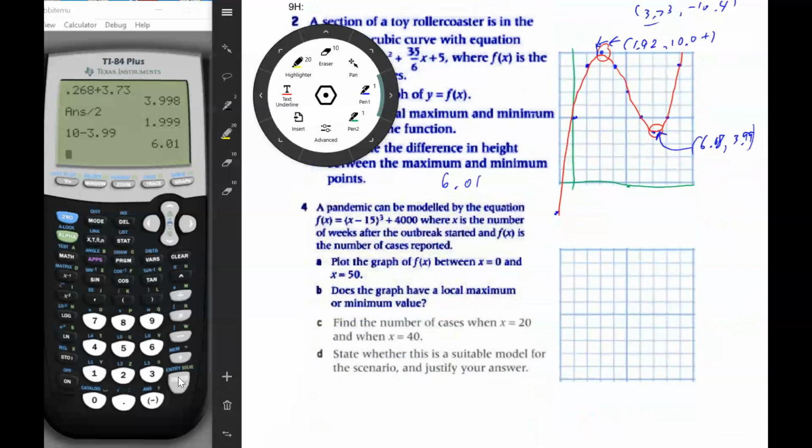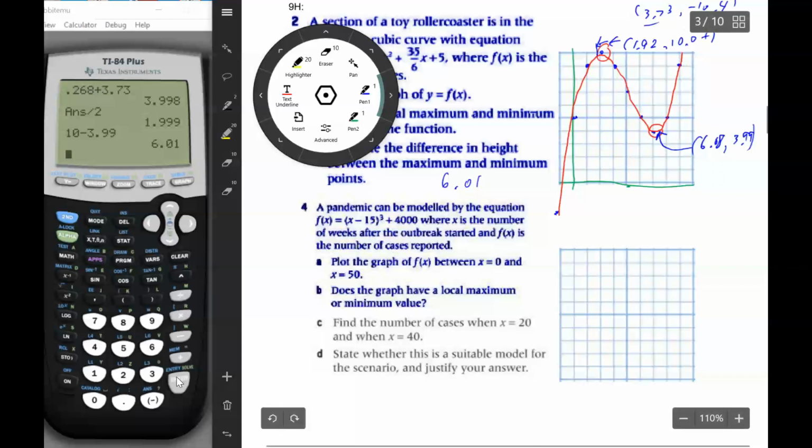Last one for this page. A pandemic can be modeled by the equation. And I was just reading about a new, developing pandemic in China, so this was on my mind. It's called the coronavirus. Scary, huh? Okay, a pandemic can be modeled by the equation f of x equals (x minus 15) cubed plus 4,000, where x is